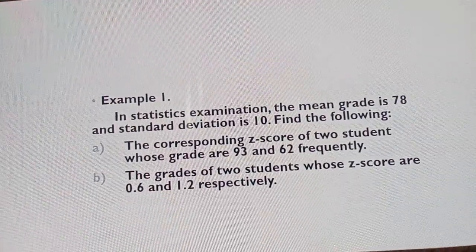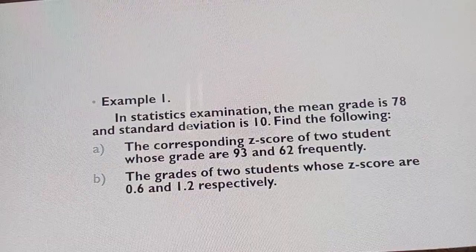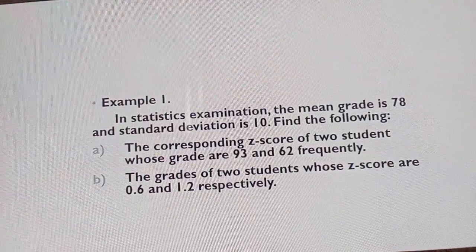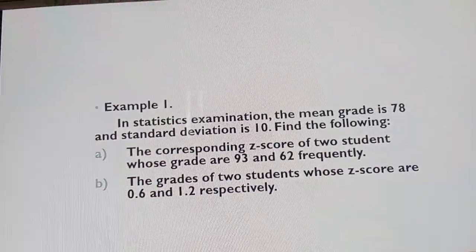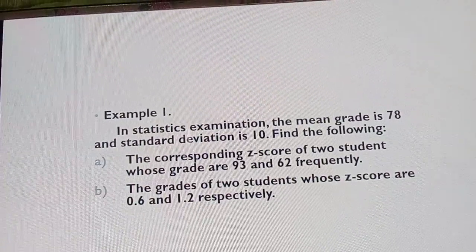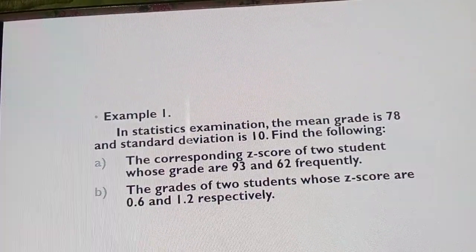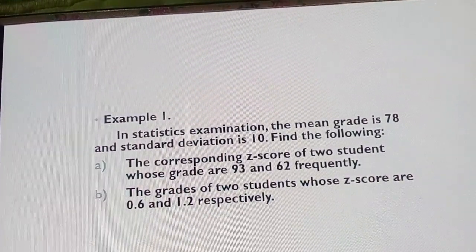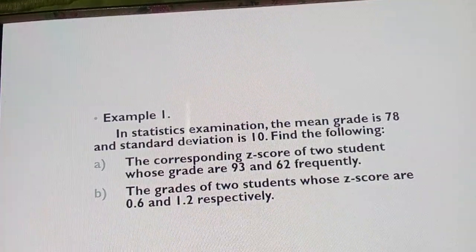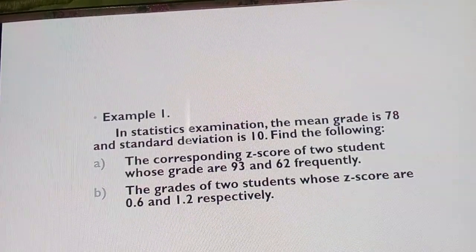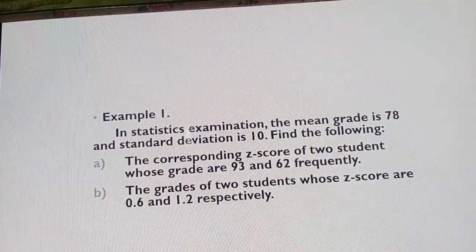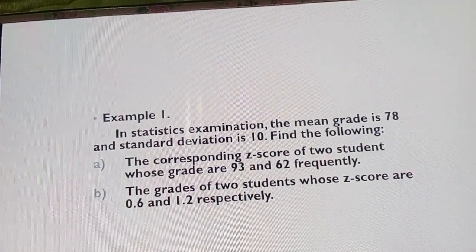Letter B: the grades of two students whose Z-scores are 0.6 and 1.2 respectively. Without using our Z-table, we can solve directly for the Z-score because the mean and the standard deviation are given in the example. Using our formula,